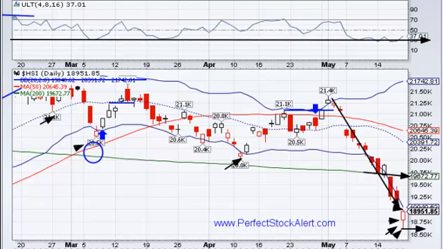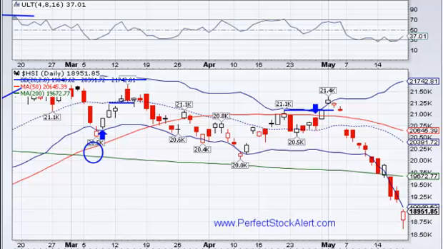I will not be taking that trade. I don't like counter trend trades in a major market sell-off like we're seeing right now. There's still a lot of news we don't know about that hasn't actually hit the wire yet. So if that does happen, you can see this fall apart really quick. And so again, I'm not going to be taking that.